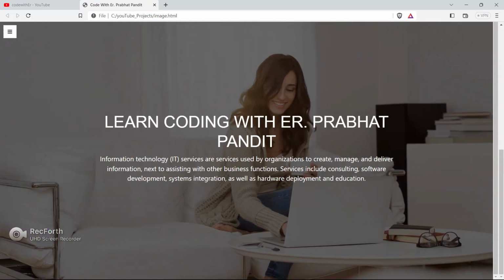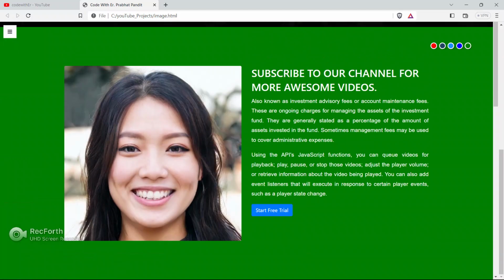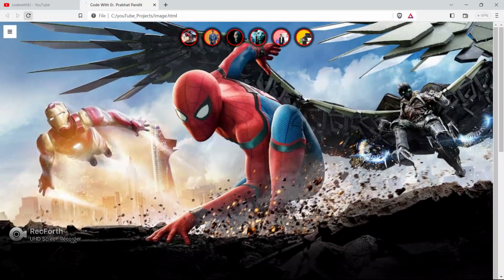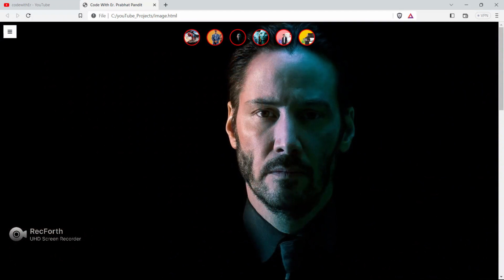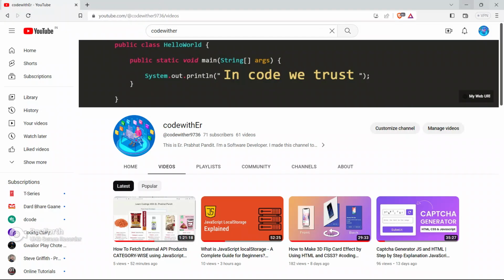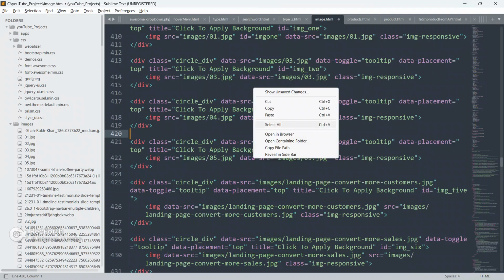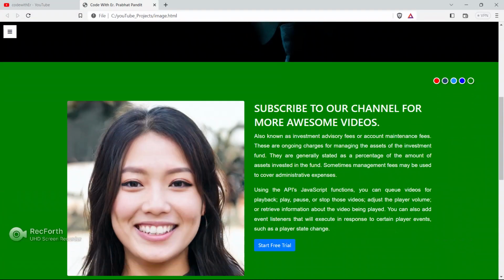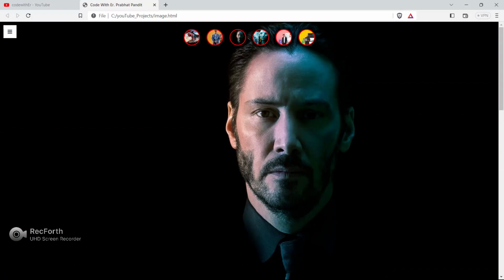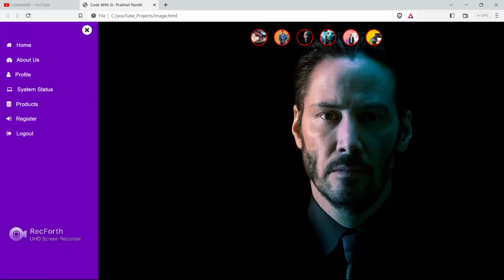We will be learning, guys, how to create this kind of website using HTML, CSS and JavaScript as well as local storage. See, this will remain after refreshing the page also. The background will remain here after refreshing the page, and after closing the tab also. Close this tab again, open this tab, boom guys, see, the background is still here.